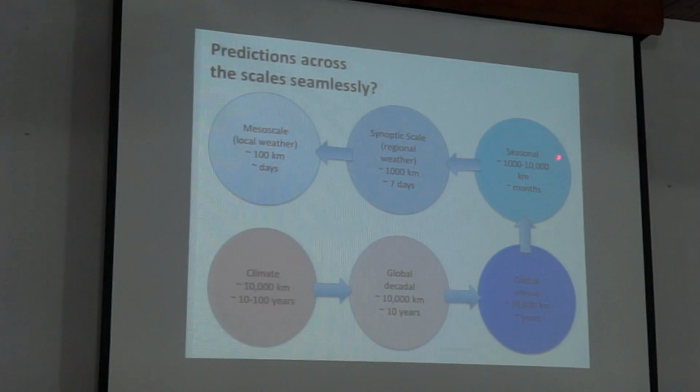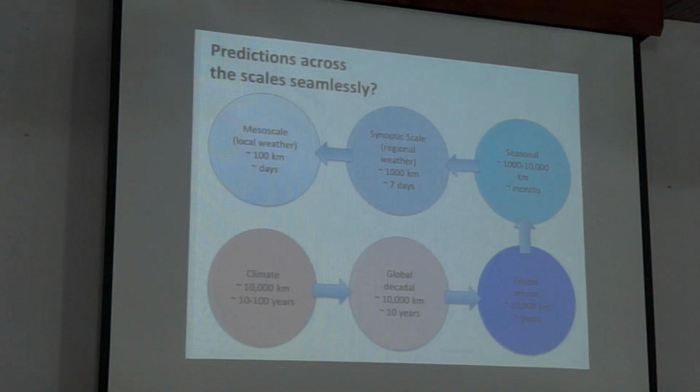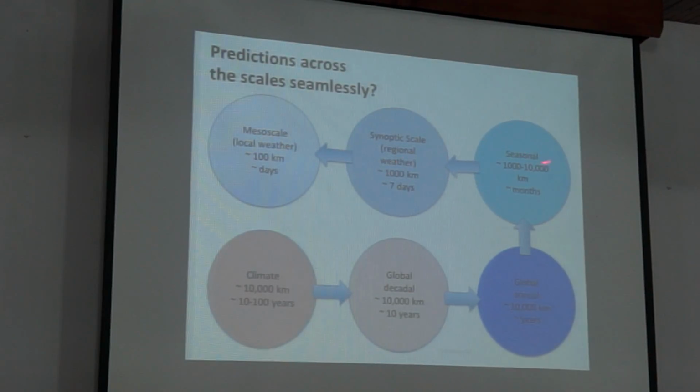So between, let's say, the seasonal scale. Now seasonal phenomena, what is that? Monsoons. It's season to season. Okay? Now you have synoptic, which is the day-to-day weather. So typically it's 7-day type models. So between a 7-day prediction model and a monthly prediction model, there are certain things this modeling system will miss. So those are called